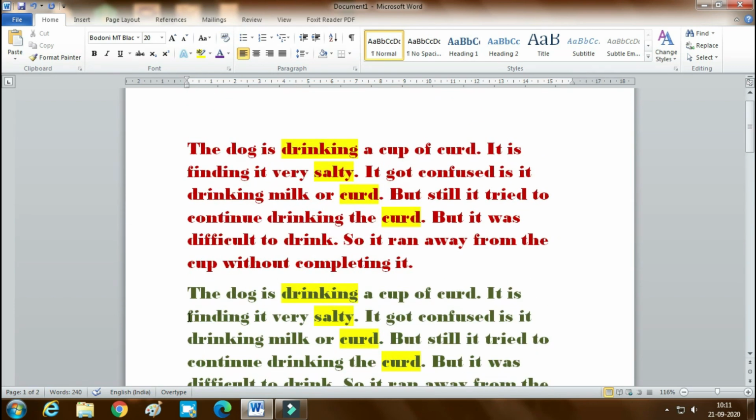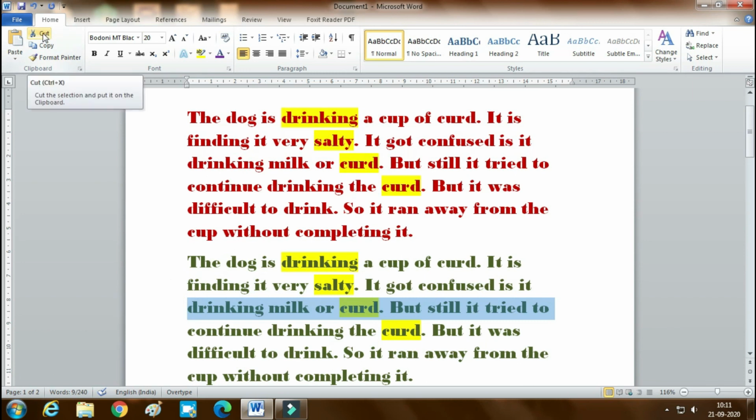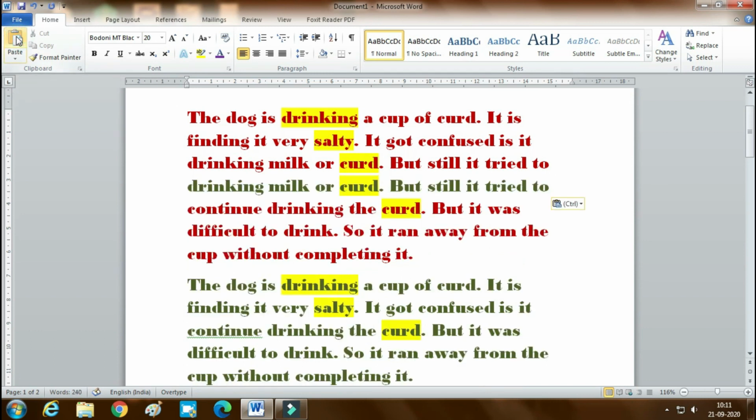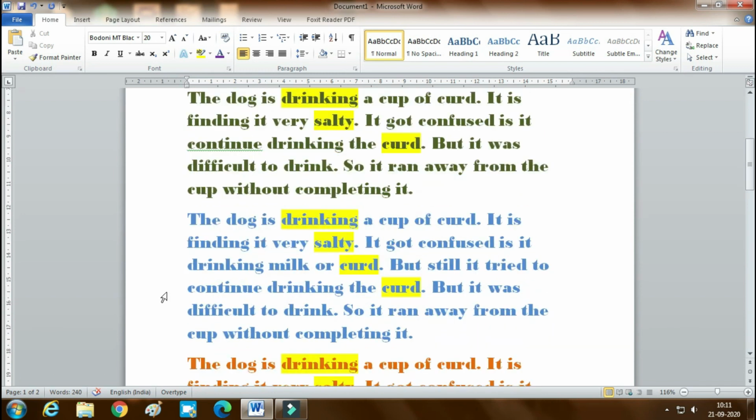So now we shall understand about cut and paste. To cut we have to select the sentence by clicking there, and first use the cut, then click over there and click on the paste. Now you can see the sentence from this paragraph is removed and put over there.